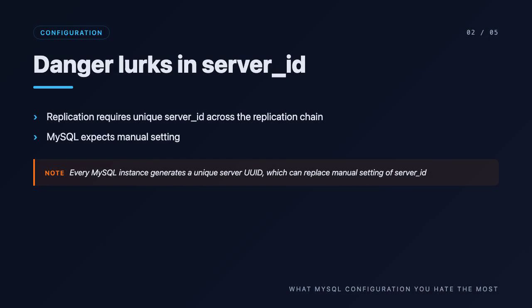Our next configuration variable, server_id, defaults to 1 and it defines the server ID. Replication won't start without it being unique in the replication chain, and MySQL still expects you to set it manually. Given that every MySQL instance already has a way to generate a unique server UID, I wish this could be auto-generated as well. But